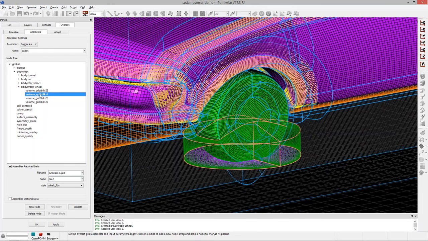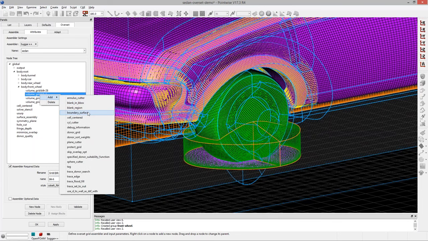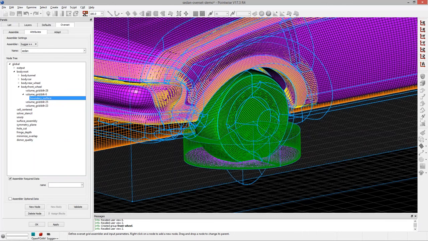So I'm going to go ahead and right-click on the collar block and add a boundary surface. Now you notice that there's some other inputs in here, some custom cutters and things like that. Again, if you have any questions about that, please feel free to ask Ralph. I'm going to go ahead and pick the boundary surface. And I need to give it a name. Now, this name is the same name as the boundary condition that I mentioned in the CAE set boundary condition panel. So it's called ground collar. And that's the boundary condition that contains the domain, that surface constrained extrusion we did that's on the tunnel body.